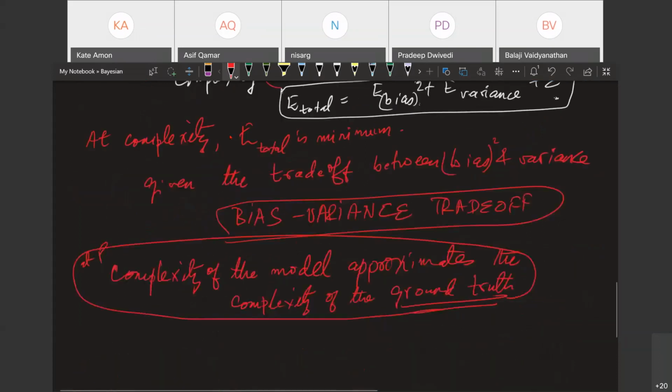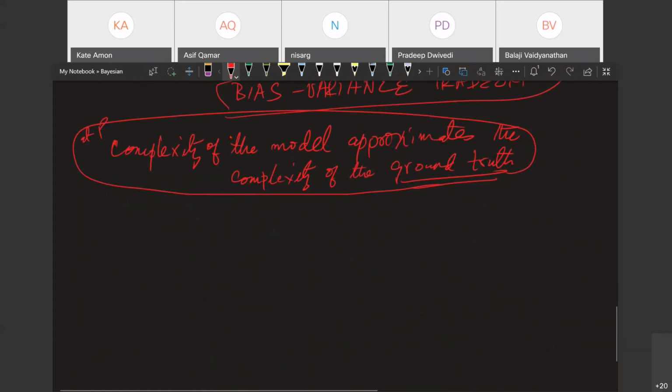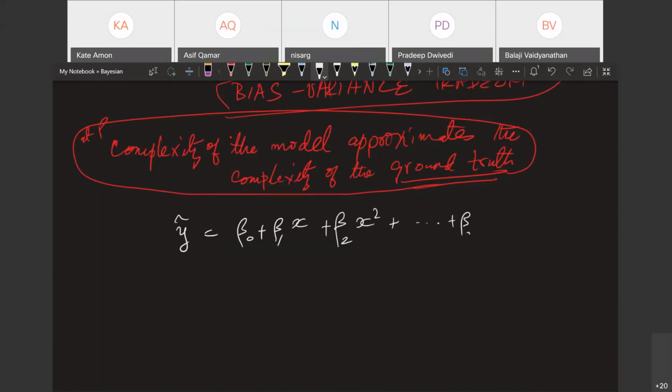So remember that in an equation, y hat is equal to beta naught plus beta 1 x, and I'll generalize it to a higher degree polynomial, x squared, up to x to the n. The parameters are, guess what the parameters are, guys?